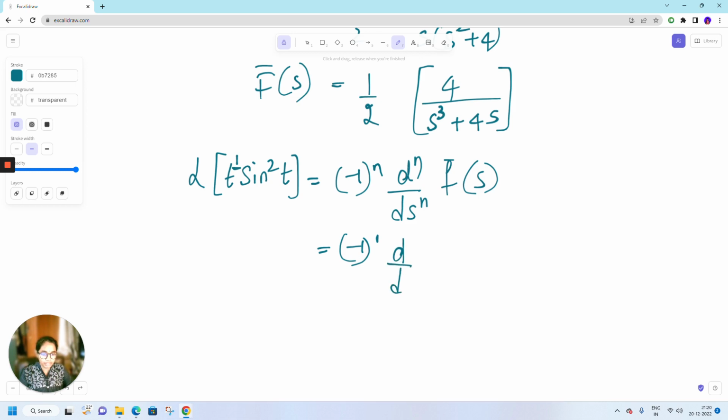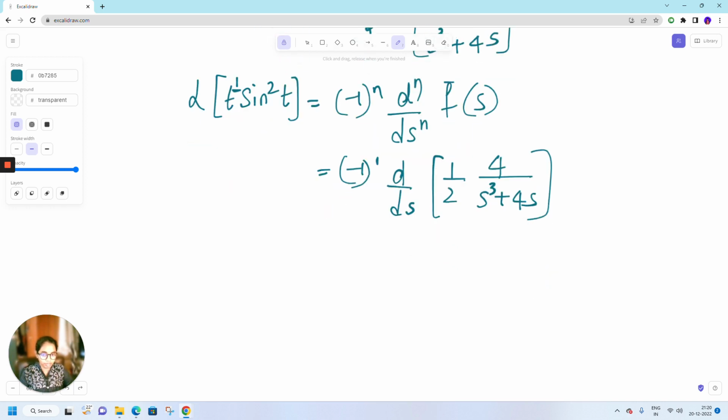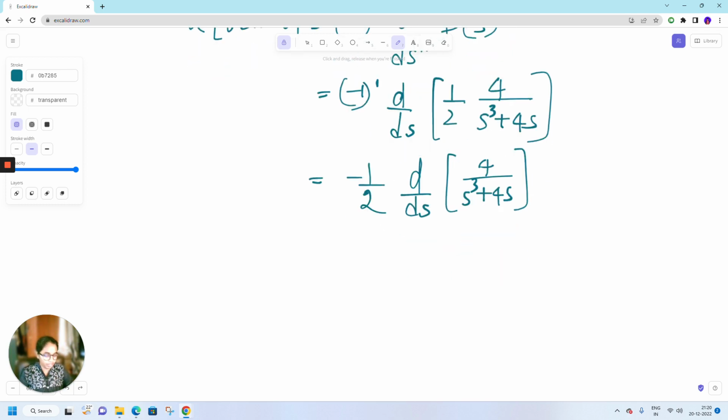So d by ds. What is f bar of s? That is 1 divided by 2 into 4 divided by s cube plus 4s. If I take half common, it would be minus 1 divided by 2, d by ds of 4 divided by s cube plus 4s. How do you differentiate this? Whenever you have a constant in the numerator,